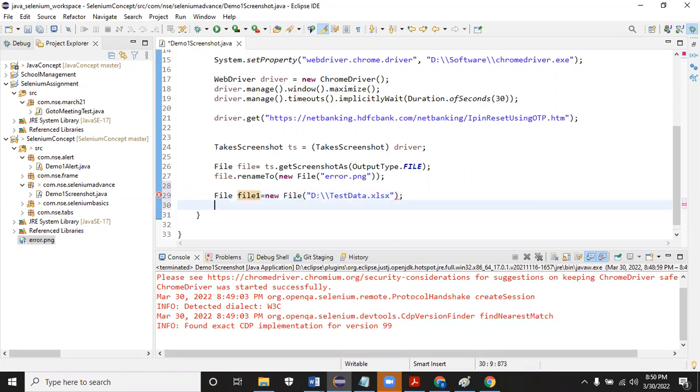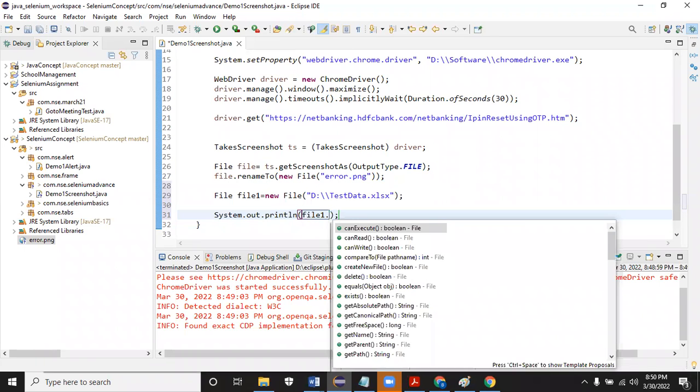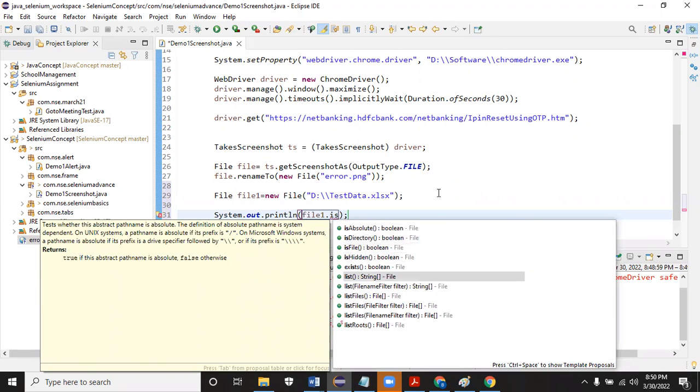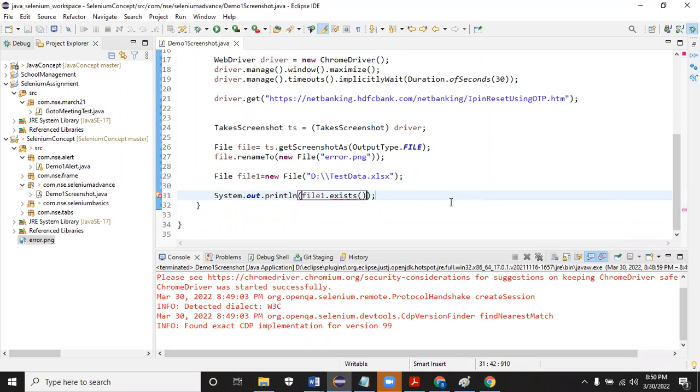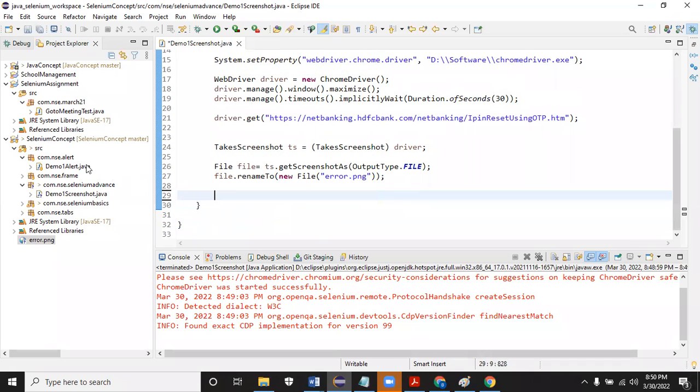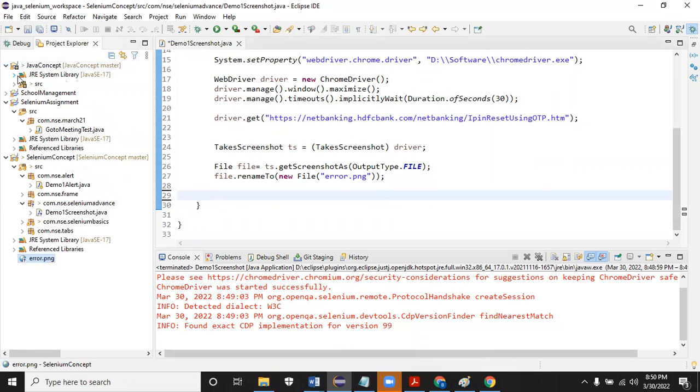Now if I want to delete this file, I can check for this thing, System.out.println file1.exists. Exists will be there. This will tell you whether the file is available or not. It's a Java concept only.